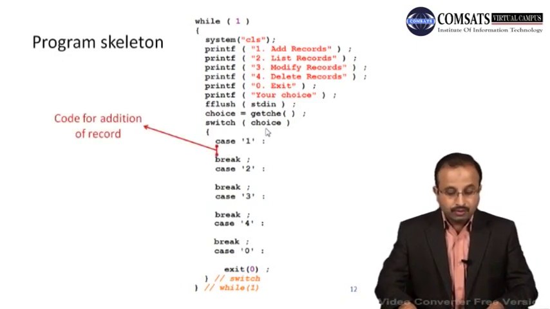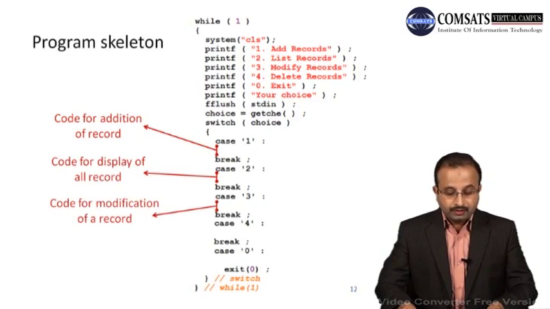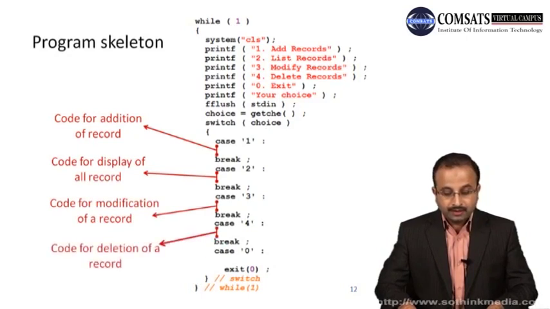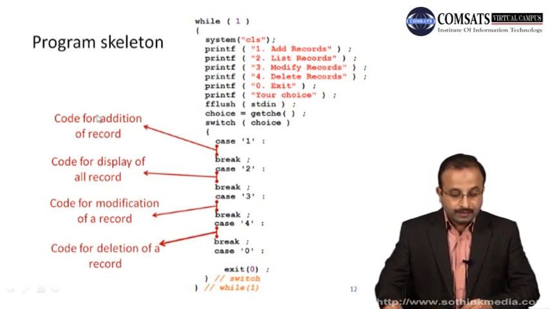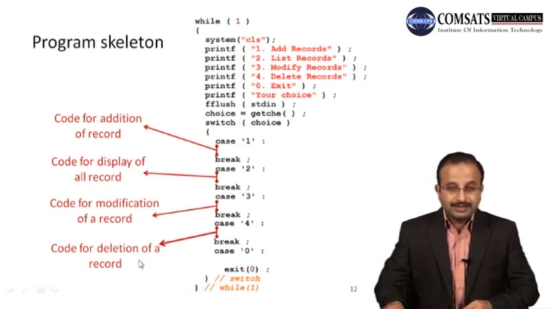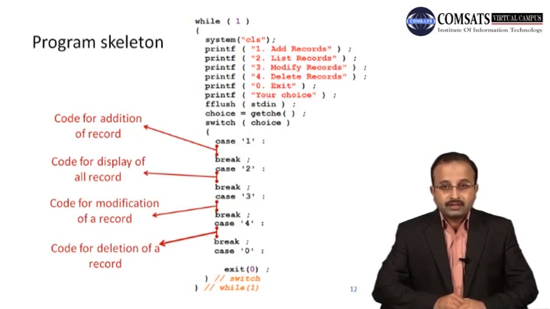So we have the code for addition of record here, and then code for display of the record here, and code for modification of record, and code for deletion of a record that goes over here. Okay, so this is a skeleton of the program. Now we will fill out one by one the code of addition, then display, then modification, and then deletion, and then we will go to the program with the complete program, and we will run the program and see the